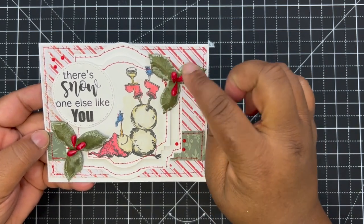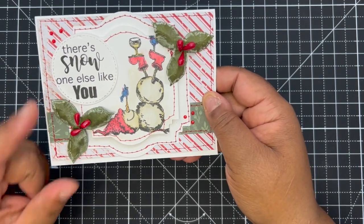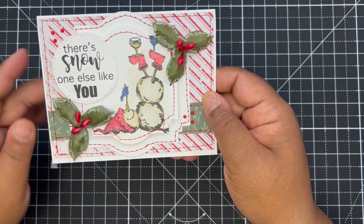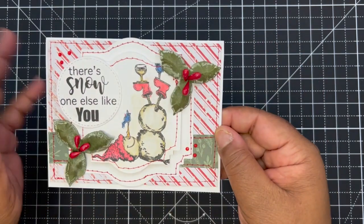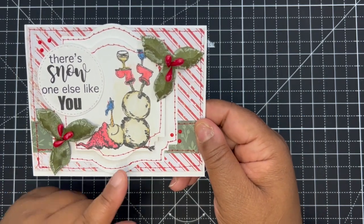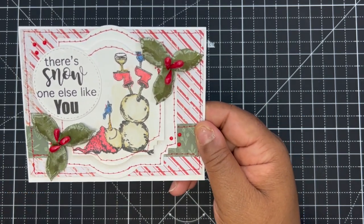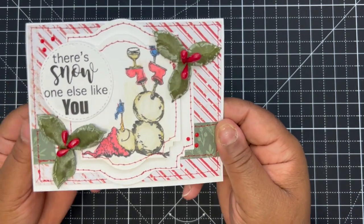But I did a tutorial and provided a file so that the members could make these cute little holly. And then finally, I added some little tiny dots to the corners there, which I love. So look at this image. This is from the one, that cute little guy that was upside down. So adorable. I painted him with some Tim Holtz